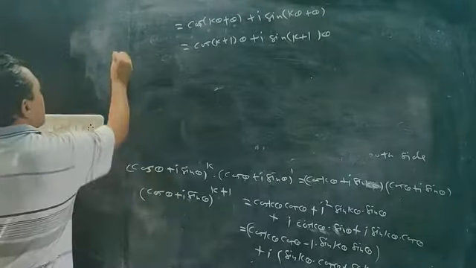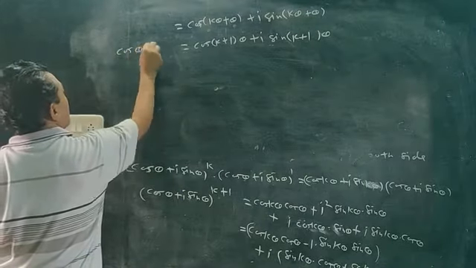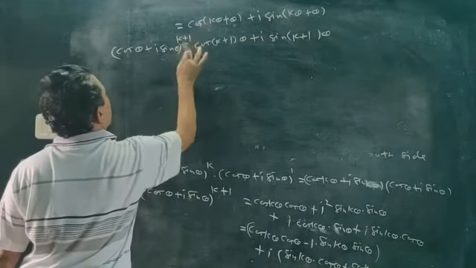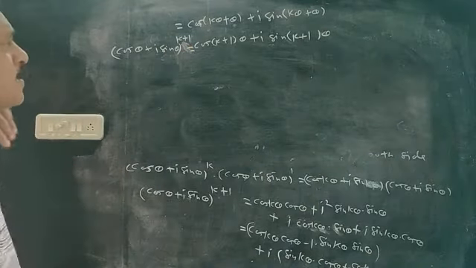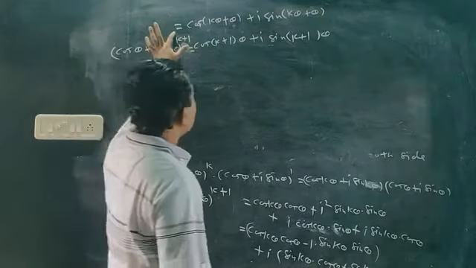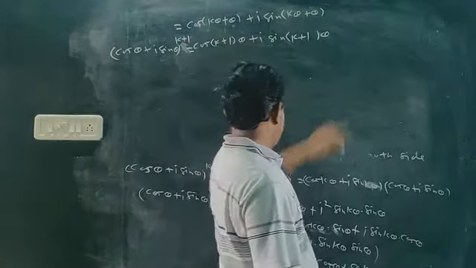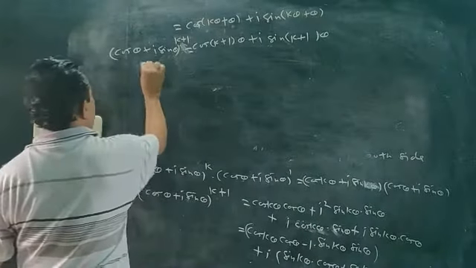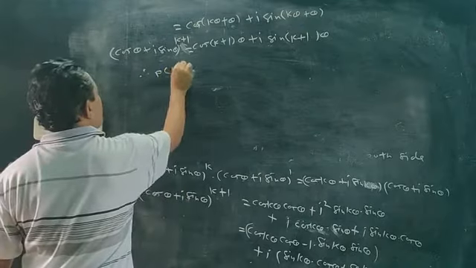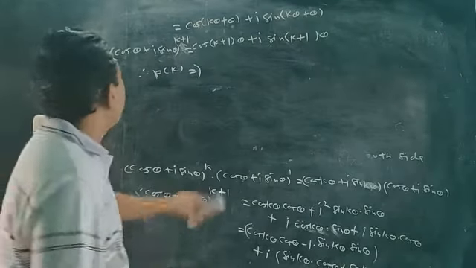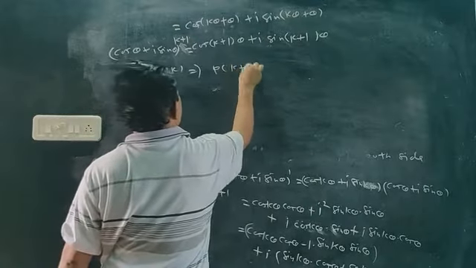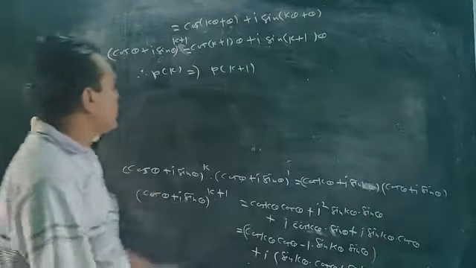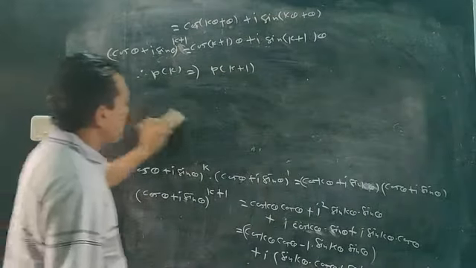Okay, so everywhere now k plus 1. So (cos theta plus I sin theta) raised to power k plus 1 equals cos of (k plus 1) theta plus I sin of (k plus 1) theta. Everywhere k is now k plus 1. So that is P(k plus 1). Yes. We assume P(k), the theorem is true for k, and we get k plus 1, meaning P(k) implies P(k plus 1). Okay, so both the points are clear.